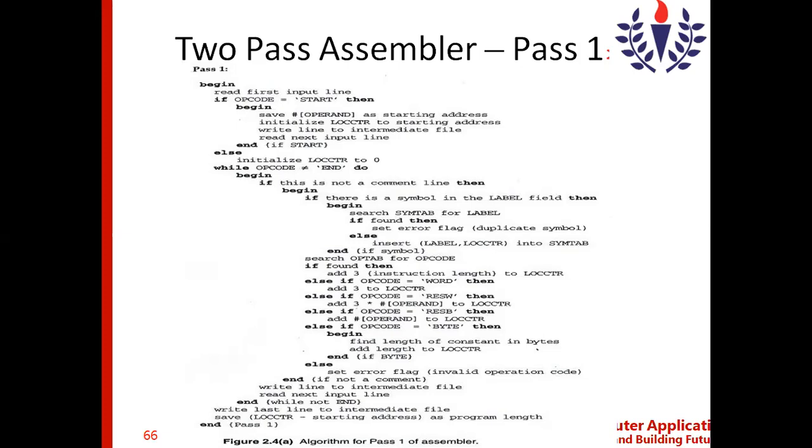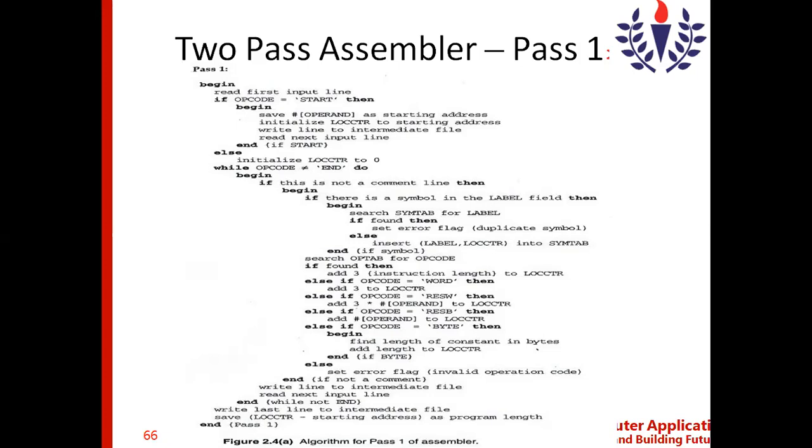And as soon as that line is scanned, write the line to the intermediate file. So whatever lines are available in the source file, the same lines will be there in the intermediate file also. That is the reason, if you look at the algorithm, in each and every step, whatever input lines are read by the assembler are written into the intermediate file by the assembler in pass one.